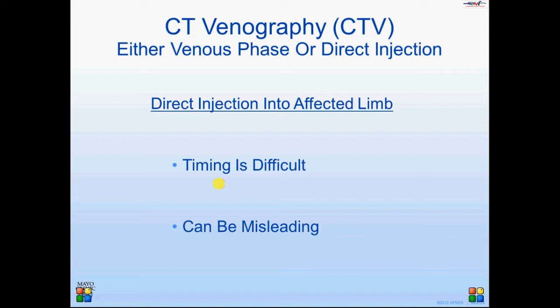And the other thing here, which can be misleading, is that now you're injecting directly into the veins in the foot, typically, or the arm, and you will get filling of the veins that directly communicate with the infusing vein, but you can get unopacified blood which fills in, and that may mimic thrombus or chronically occluded veins. So in that understanding, this is not as helpful as a general